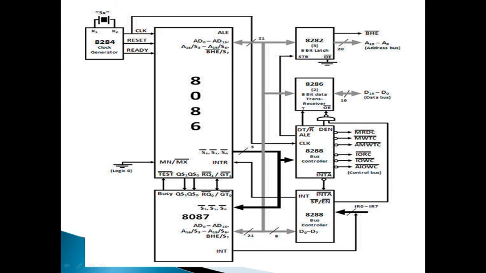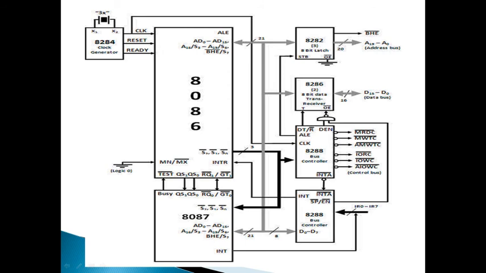Busy indicates that the 8087 is executing an operation. This busy output is connected to the test input of the microprocessor. Now, if the 8087 executes its instructions and the 8086 moves ahead with its next instruction, hence multiprocessing takes place. During the execution, if the 8087 needs to read or write more words from the memory, then it does so by stealing the burst cycles from the microprocessor in the following manner.